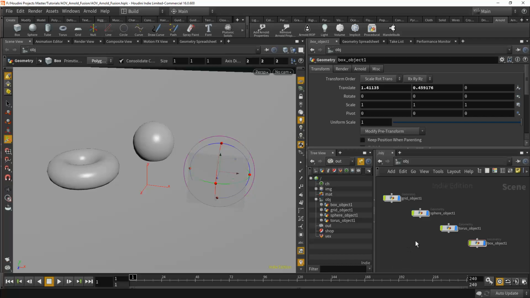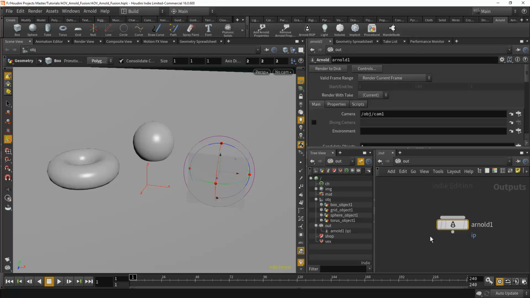Alright, so the first thing we want to do is get our Arnold situation set up. So let's go ahead and add an Arnold Render operator. So we have that there. And then we're going to hop in and create materials for each of these objects that we have. So we'll go into our shop network,